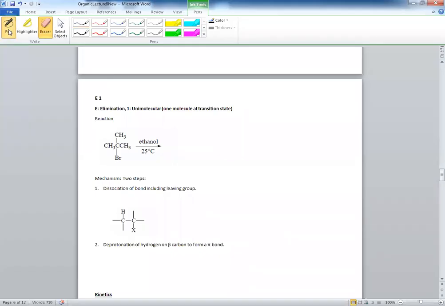The second elimination reaction is called an E1. E stands for elimination, 1 for unimolecular, only one molecule at the transition state. So if we run this reaction right here, it has a protic solvent, room temperature. You actually get,